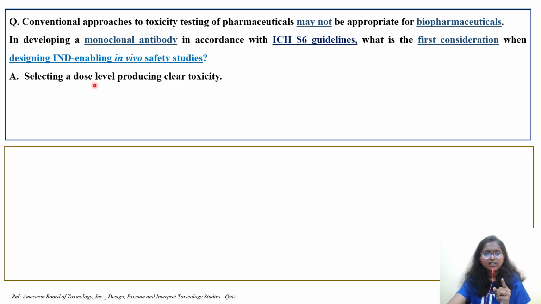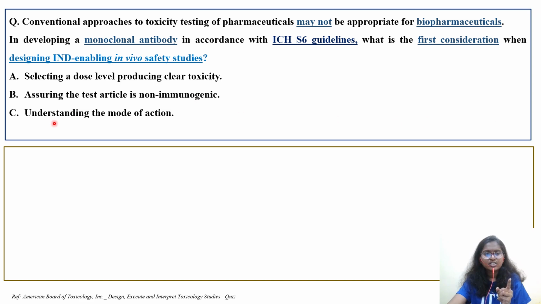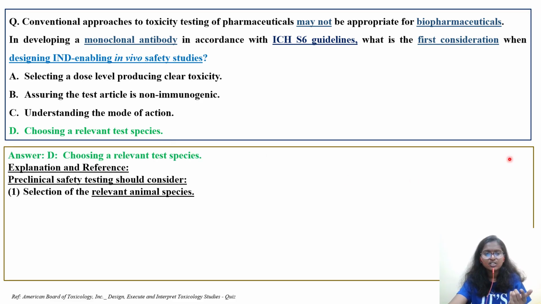Option A, selecting a dose level producing clear toxicity. Option B, assuring the test article is non-immunogenic. Option C, understanding the mode of action. And option D, choosing a relevant test species. As you can see, the right answer is in the green text, which is answer D, choosing a relevant test species. So for biopharmaceuticals, as per the ICH-S6 guideline, choosing a relevant species is the most important criterion, okay,